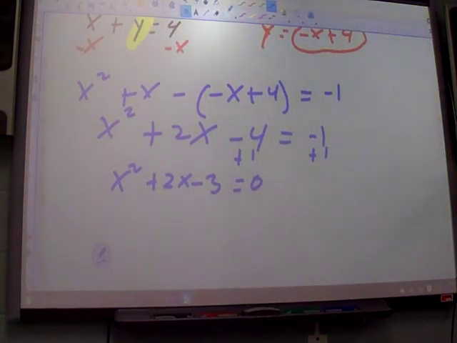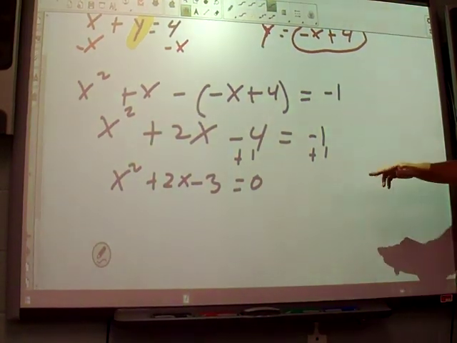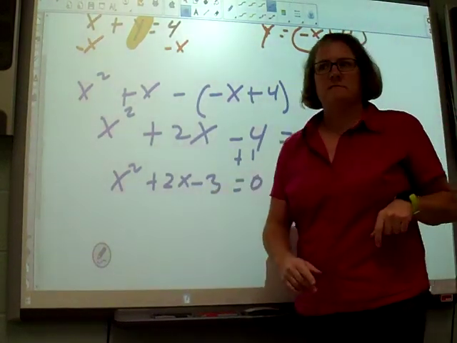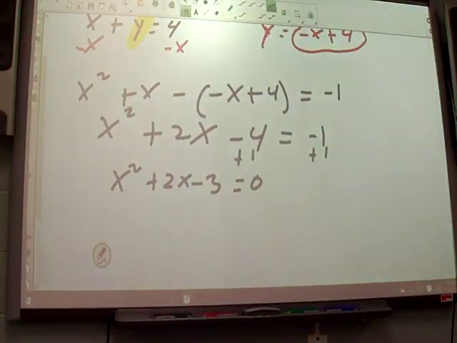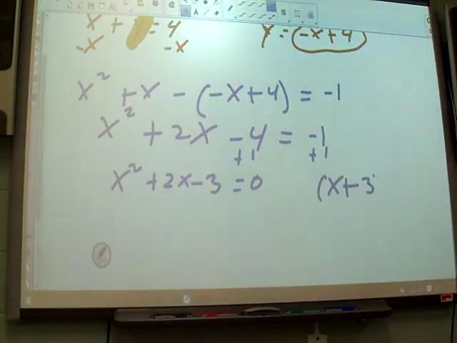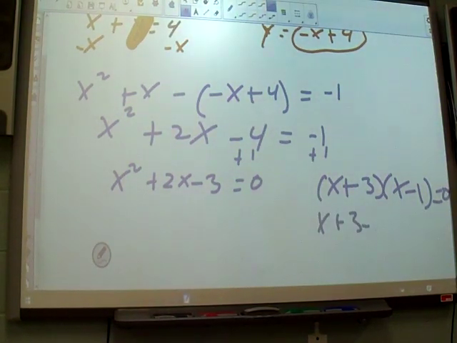I'm going to do this one by factoring. This one is super easy to factor because I know what multiplies to make -3 but adds to make +2. That'd be 3 and -1, right? So I can factor that real easy. If you did the quadratic formula, keep working on it. You'll eventually get caught up. I'm going to write this as x plus 3 times x minus 1. Then all I have to do is set each of those equal to 0 and solve, and I got -3